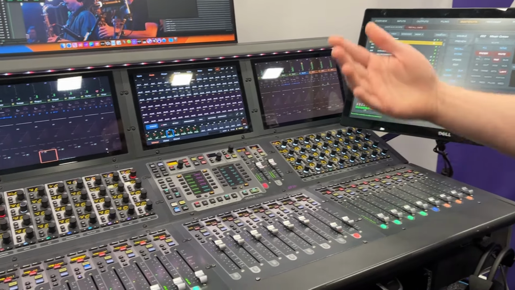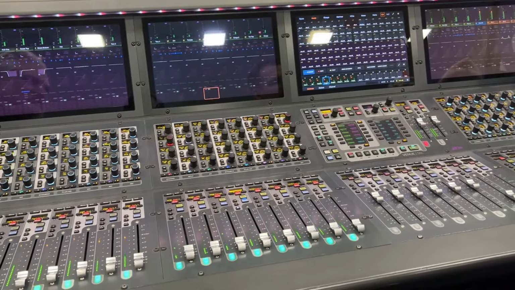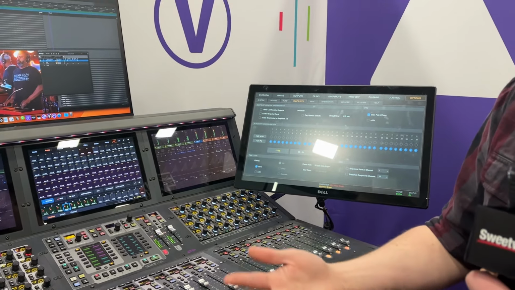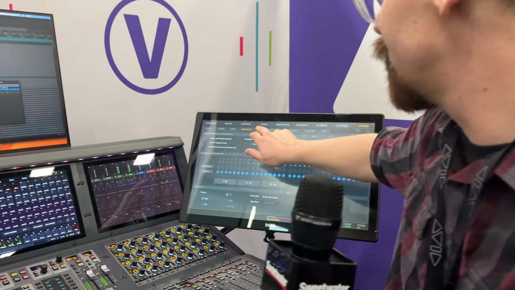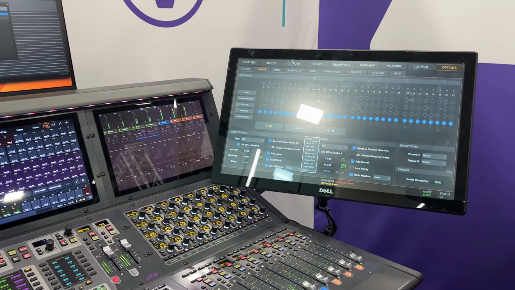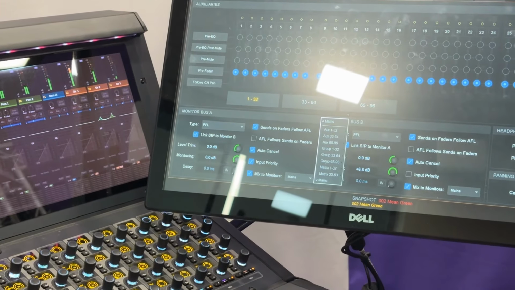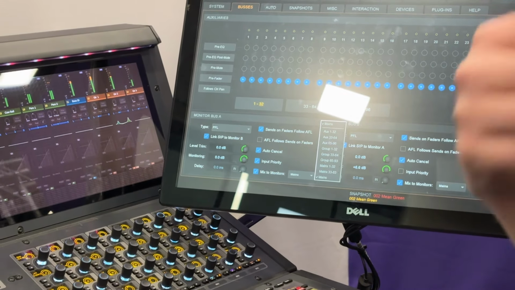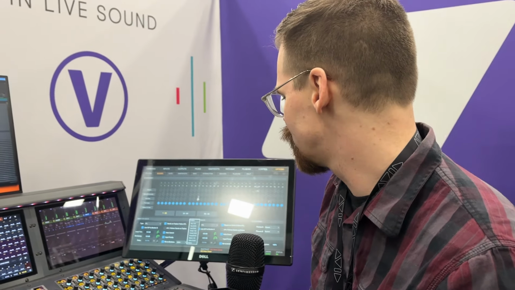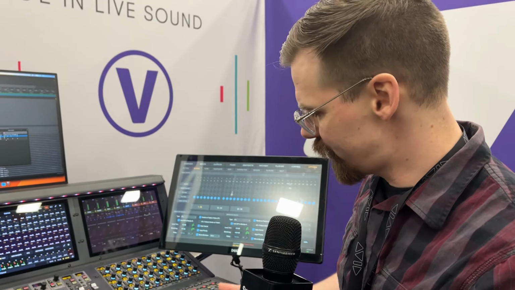Other big things is we've added, for our dedicated monitor A and monitor B bus, you can now set any output to be a dedicated output for your mixed monitors for those relative buses. We can simply select any mix that we want to be that default output. So you're always one press away from a solo clear to be back to that very important mix, especially in a monitor engineer aspect. We've also